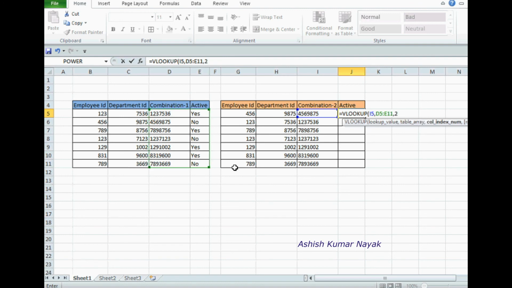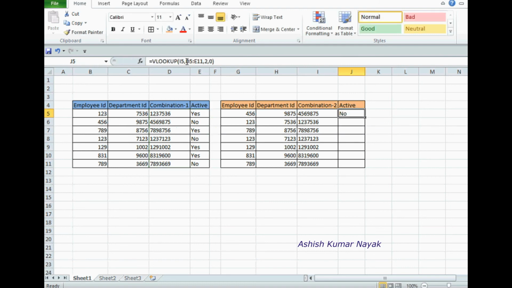Why 2? We have selected combination 1 and active, so this is a table. So combination 1 column is column number 1, active column is column number 2. Now type 0, close the braces, press enter.